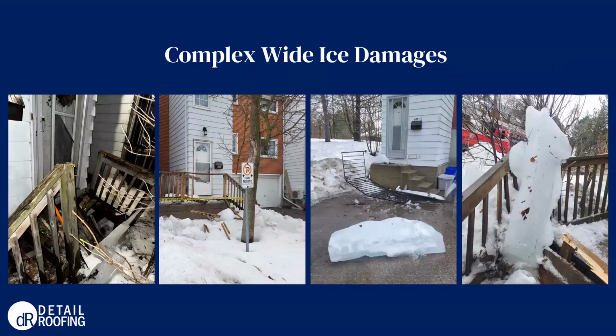So this one in particular was by far the worst case that we saw as far as damages and the amount of ice damming that was happening. As you can see from some of these photos, these are chunks of ice that were forming along the roof edge at the gutters and coming down. This wasn't happening at all units, but there were many units where the ice had fallen and damaged these front entryways, mostly the wooden structures, but there were also some railings that were damaged from this ice buildup as well. So it can cause really severe damages.